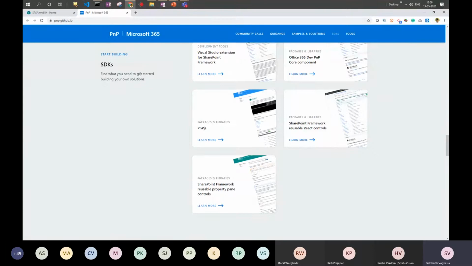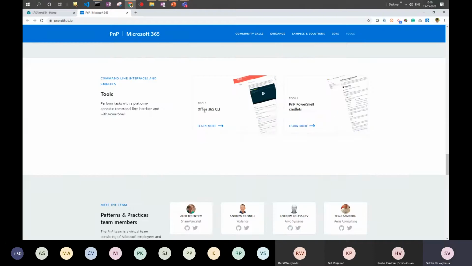This also comes under this SDK, which is developed by the community, and community people are adding new libraries and new commands, or say a new way of doing things. Today we will be talking about these two libraries: SharePoint Framework React Reusable Controls and SharePoint Framework Reusable Property Pane Controls.